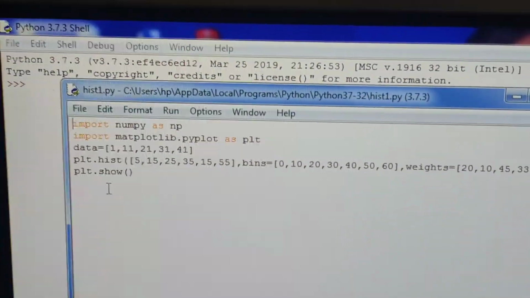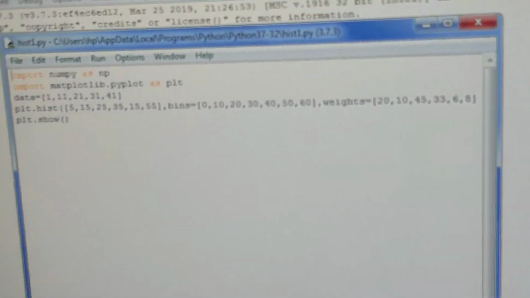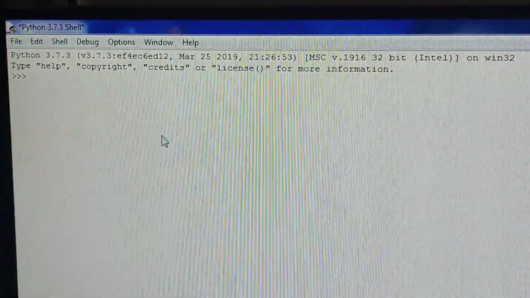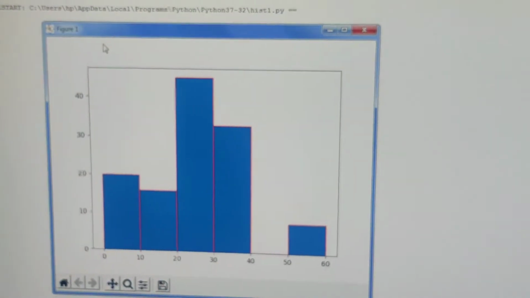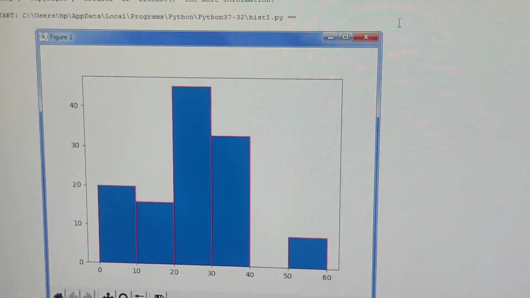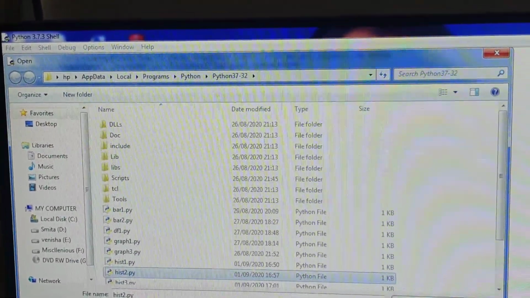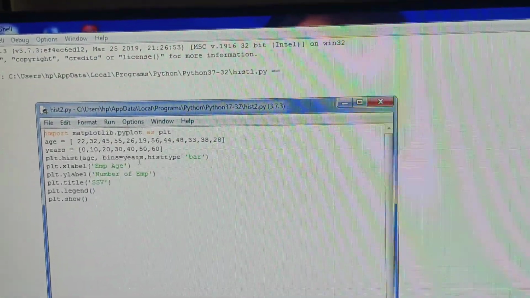Yes children, this is the program which I have written in script mode in Python. Now we will run the program. The first question it was. Now let us open the second question. This is your second question.